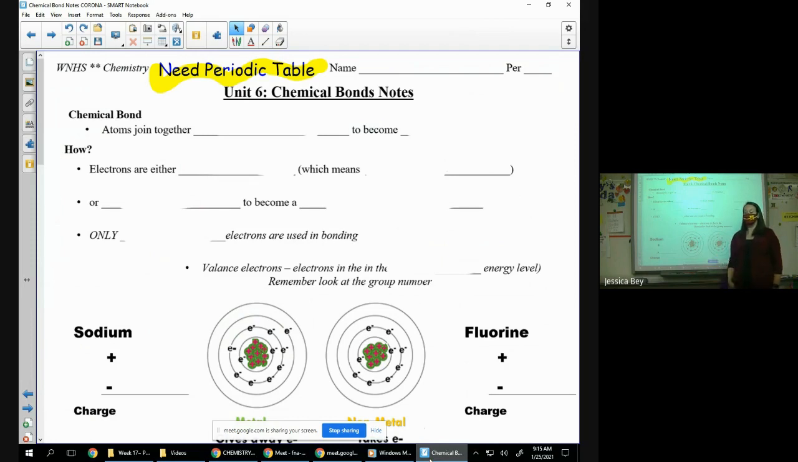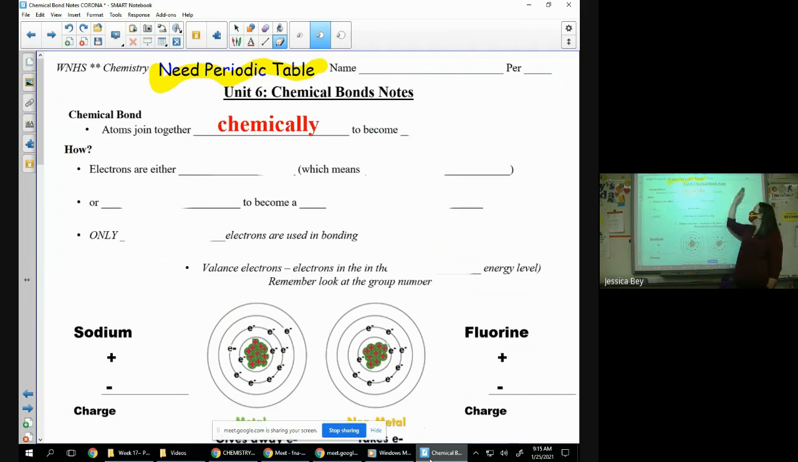You want your periodic table out because we will write on that. Let's do it. Unit 6 is all about chemical equations and chemical bonds. We're going to start very basic today, and then we're going to go a little further into it on Wednesday. So the idea of a chemical bond is that atoms join together chemically